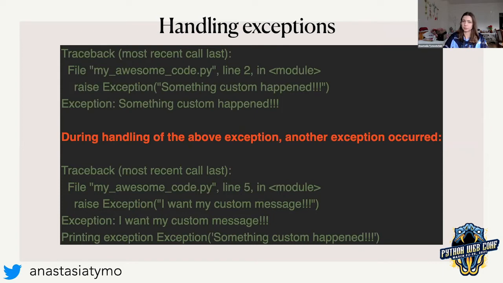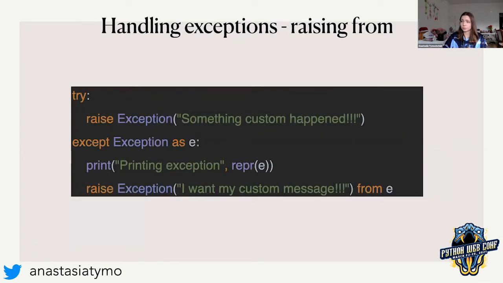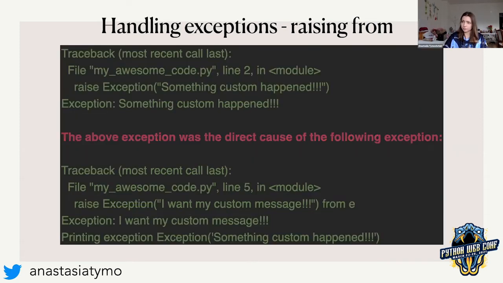That also might happen, but not when you're doing it manually. How can we improve that? It's super easy. We can chain the new exception from the one that we got. For example, we got this exception as e, and then we raise the new exception with the new message from the same exception. Then we get in the end this result: "The above exception was the direct cause of the following exception." So then we have both the new message and the old message.